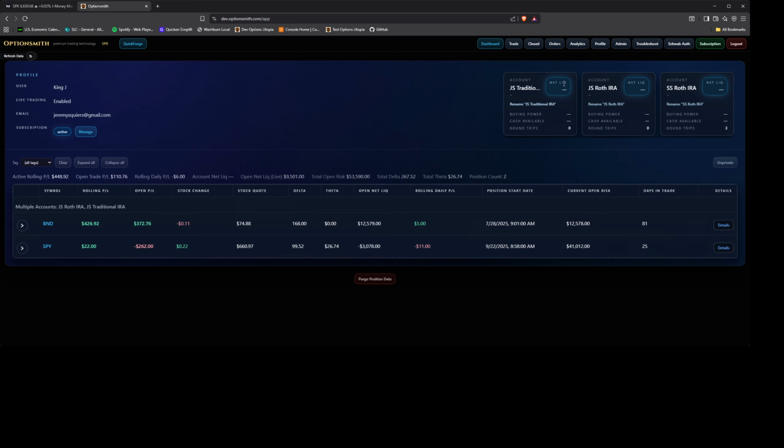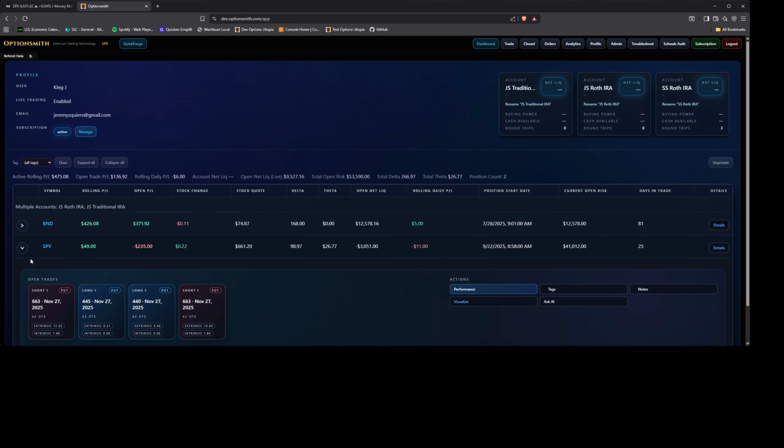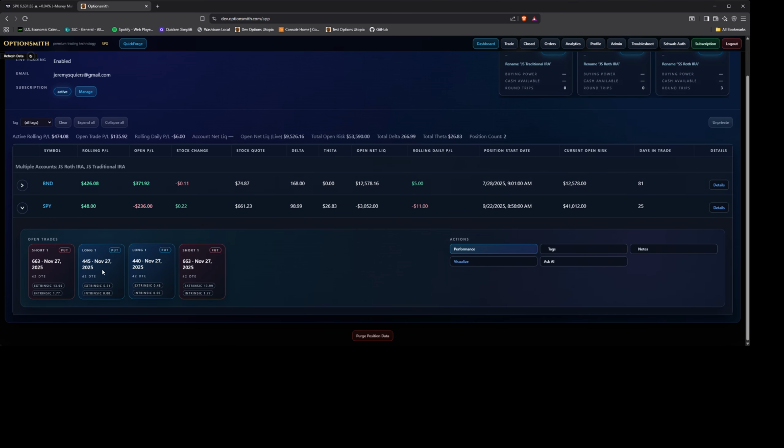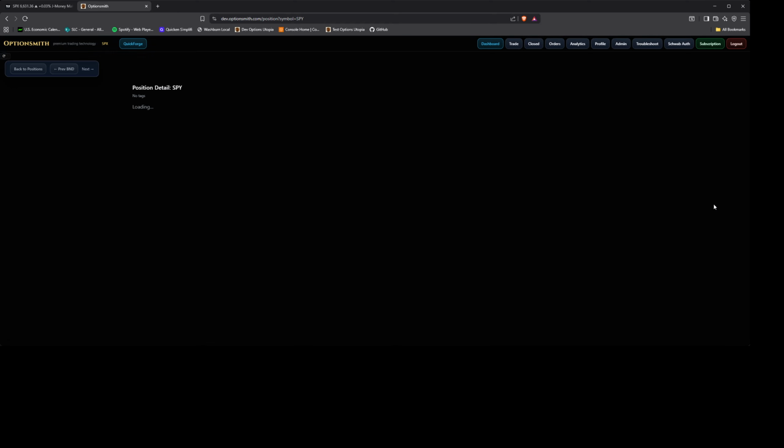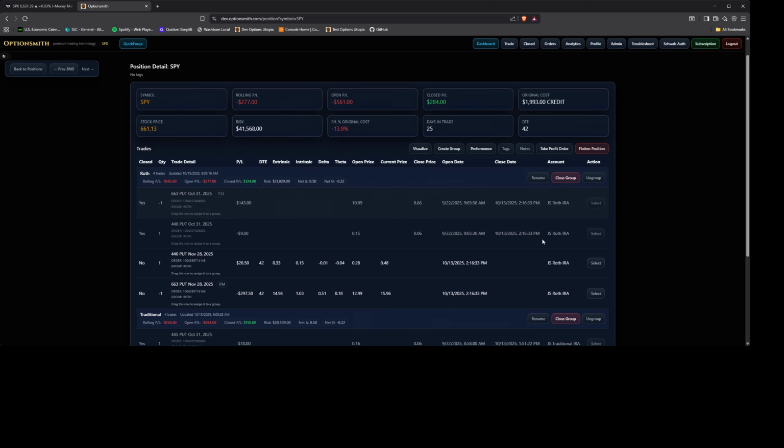I have the accounts in privacy mode right now, just because I'm going to put this video out there, but it will usually show you your net liq for each account, the account number and your buying power and everything. So there is that. When you have positions in a ticker like this, like on SPY, you can go into a detail page